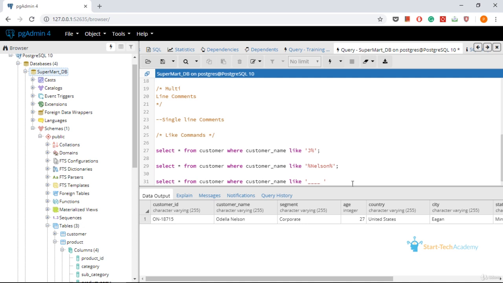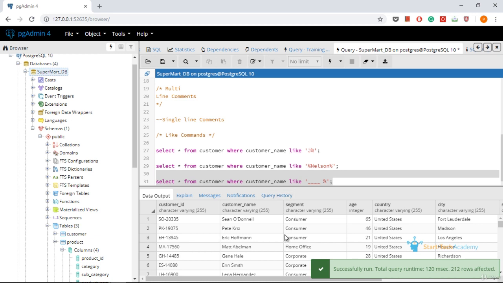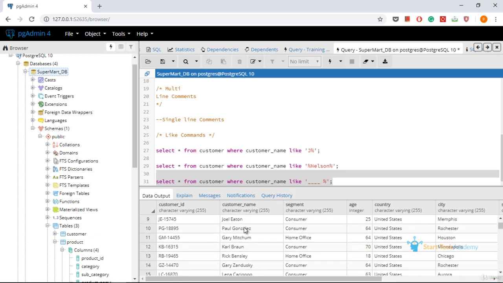This will ensure that the first name ends after 4 characters. Now a percent symbol. Right, so let us run this. You can see we have got all the customers whose first name is of 4 characters, and after that there can be any number of characters.